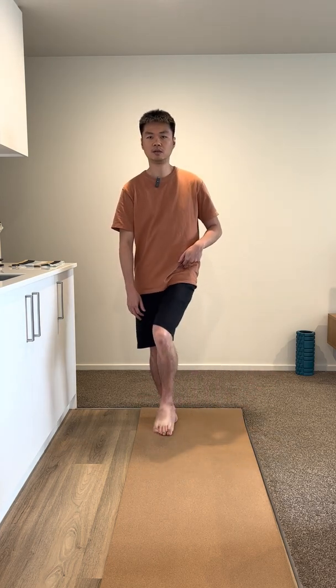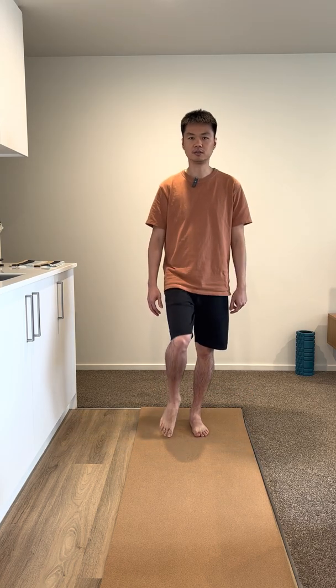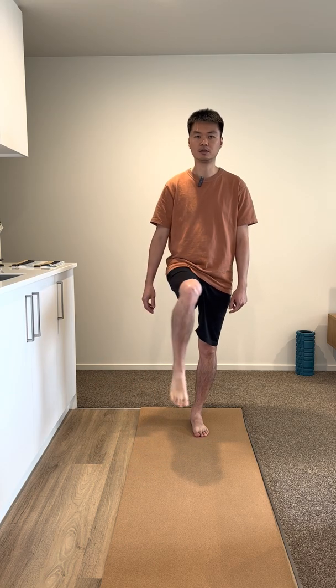Going up into the hip, raise it to 90 degrees, and then go outwards, and then go inwards. Outwards and inwards. Out, in, and then you can do a circle. And reverse it. Okay, another way of doing it, let's do it on the other side first. Out, in,